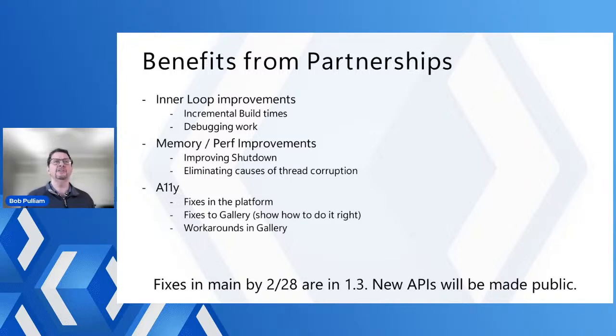But the code that is released from there is the same code that is being released to File Explorer. It's being released to our public releases. All of that is the same pieces. And so as we make a fix for anyone, everyone ends up getting those fixes. And here are some examples of things that we've shipped as a result of this. There was a lot of work on improving the build times, and especially incremental builds, and working on debugging and